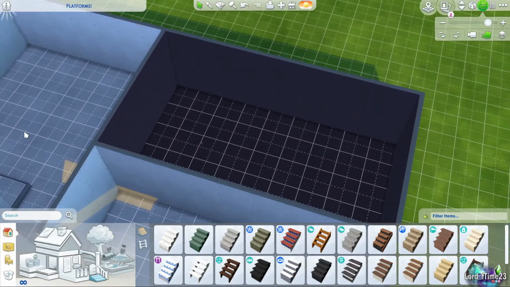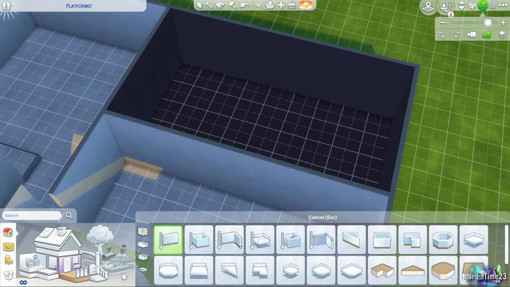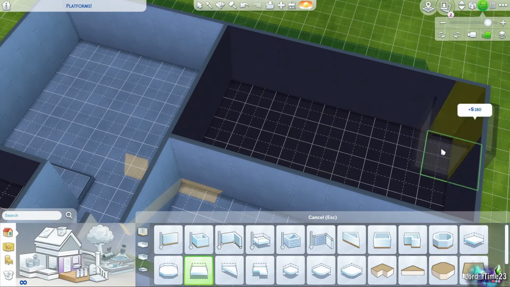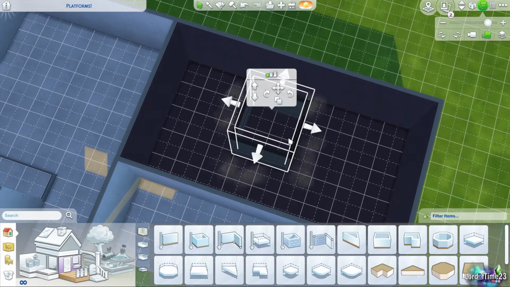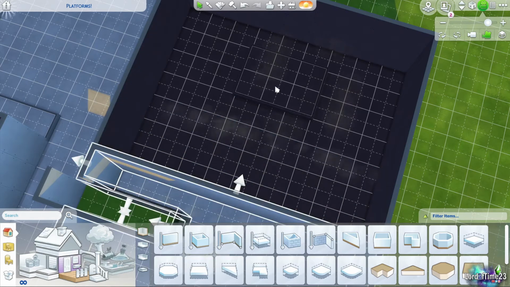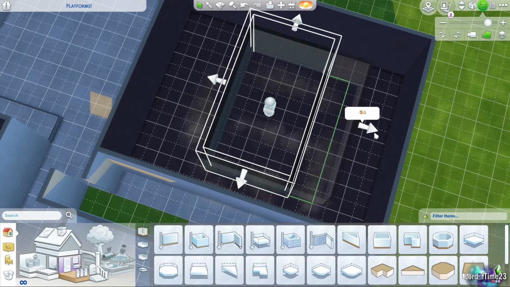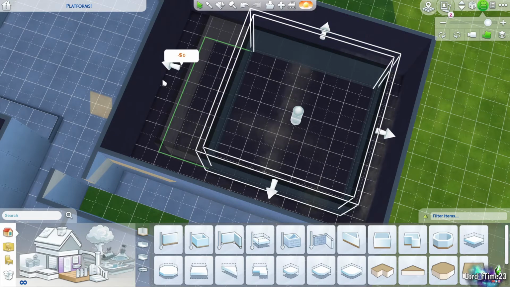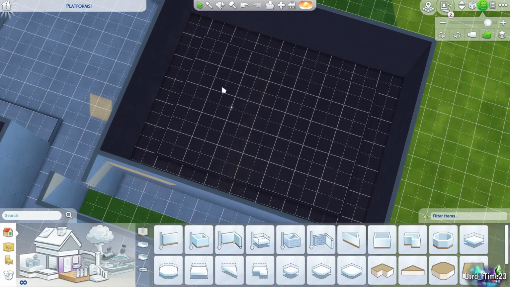The next thing I'm going to show you, if you didn't want these touching the walls, let's say, just grab another platform here. I know this is pretty big if you were making a bathroom, but I've used this trick a few times too. You can just place it in the middle of the room. Say if you had a nice big square room here. You could actually have it just as a square in the room itself, and if I'm doing this, I would normally just leave it once again one level, just easier to step up, and then you can either have this raised part be your dining area, or if this was smaller, once again I know it's a big room,